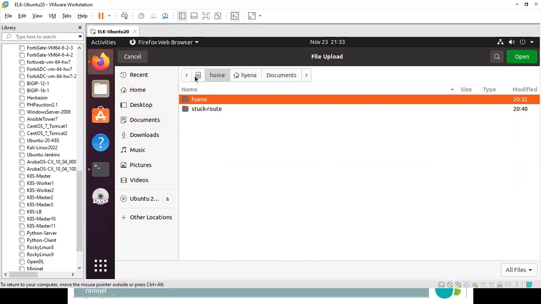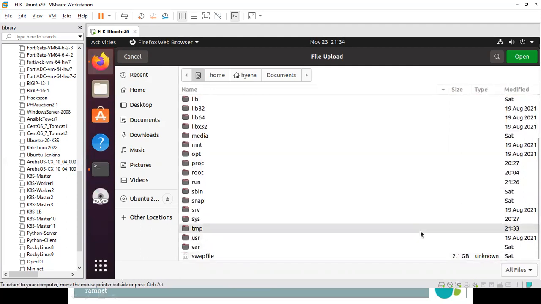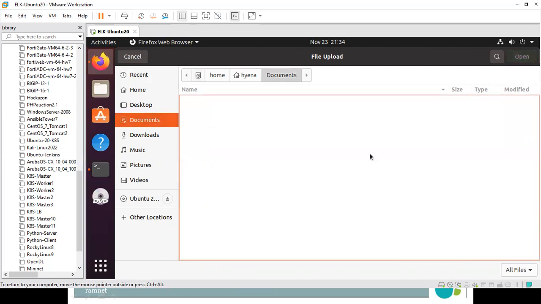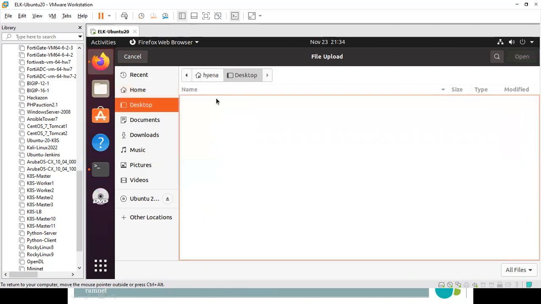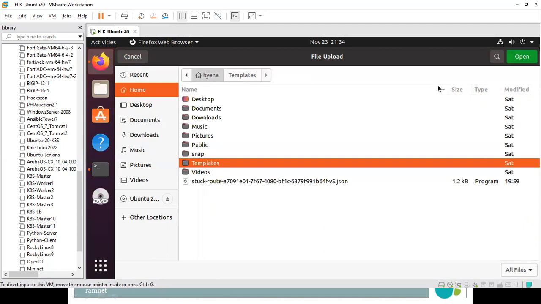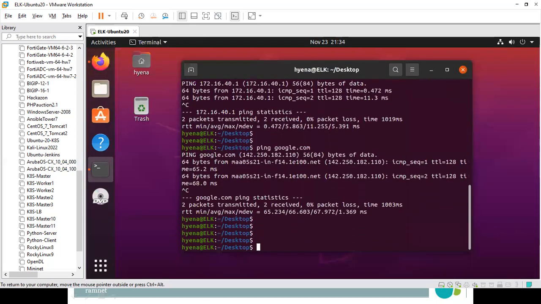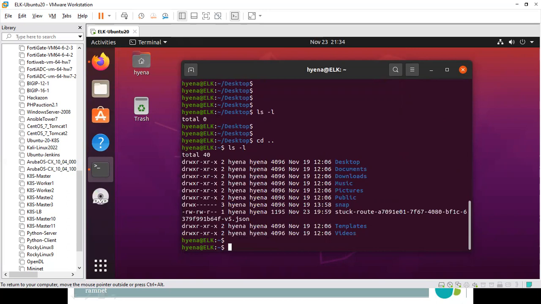I kept the file somewhere here. I'm not finding the file.